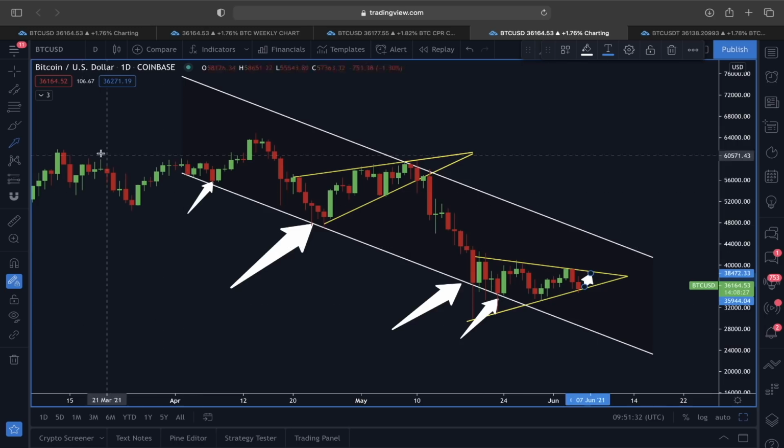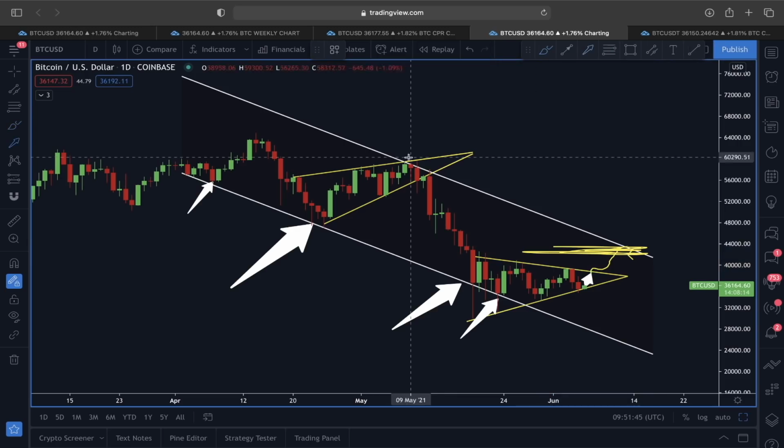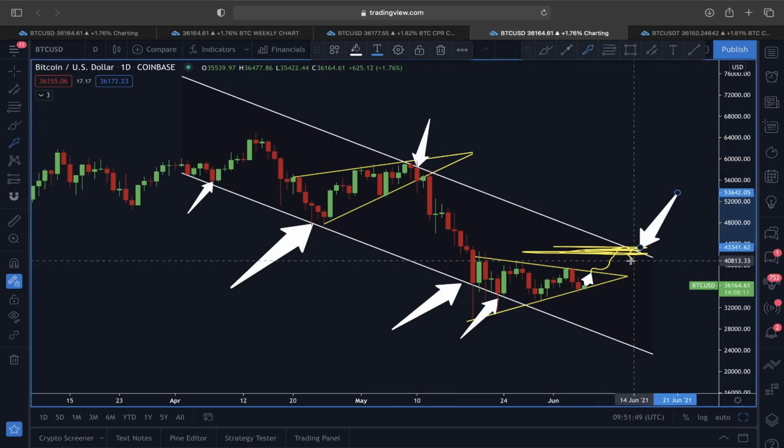So if the price of Bitcoin manages to break out of the 38,000, then according to my analysis, we are going to try to break out of this 42 to 43,000 resistance line to the upside, because you can see that is also the upper line area. I'm actually expecting more of a consolidation type of scenario playing out for Bitcoin, because I know many are saying,